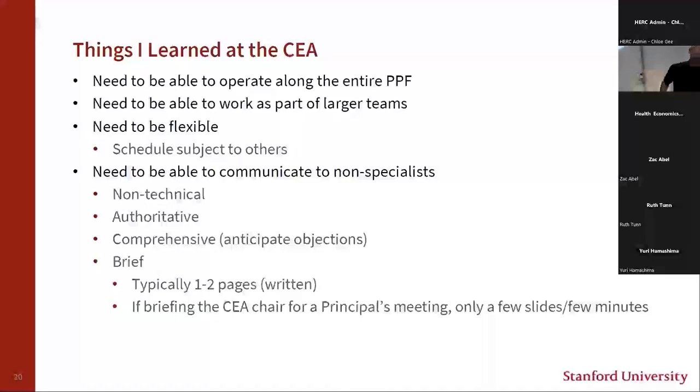One thing that's very helpful is to be comprehensive. One thing I tried to do as much as possible was always anticipate what the other side would say. Again, we all know that's a good thing to do in academics, but if you're working in politics, someone on the other side is going to critique you. So always think, what is the other side going to say? What's our response? And one of the key things is how to be brief, because the policy people, in addition to not being economists, are busy just like you are, and they're not going to read through a 10-page